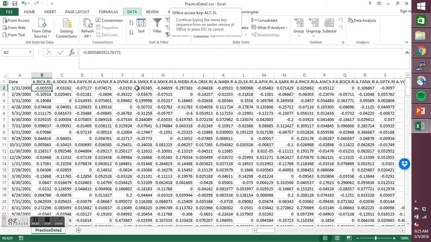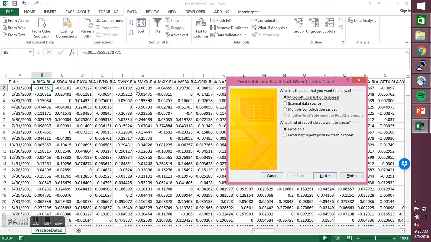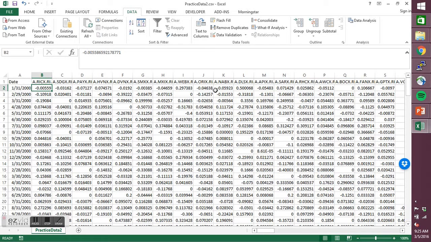Alt+D together. Now you see there's a little sign there, release the key, press P. And this is the pivot table and pivot chart wizard, step 1 of 3. Another way to call up this wizard is to go to File,